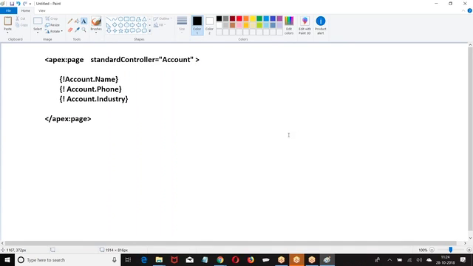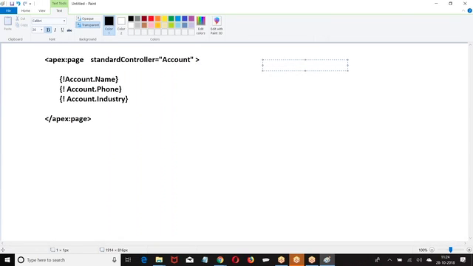If you want to insert the data using the standard controller, what can I do? I can create a record, save the record, update the record, delete the record, or load the record. When I give standard controller, a new record can be created. I can enter the data and save the record, update the record, delete the record, load the record. What we can do with the Visualforce standard controller is